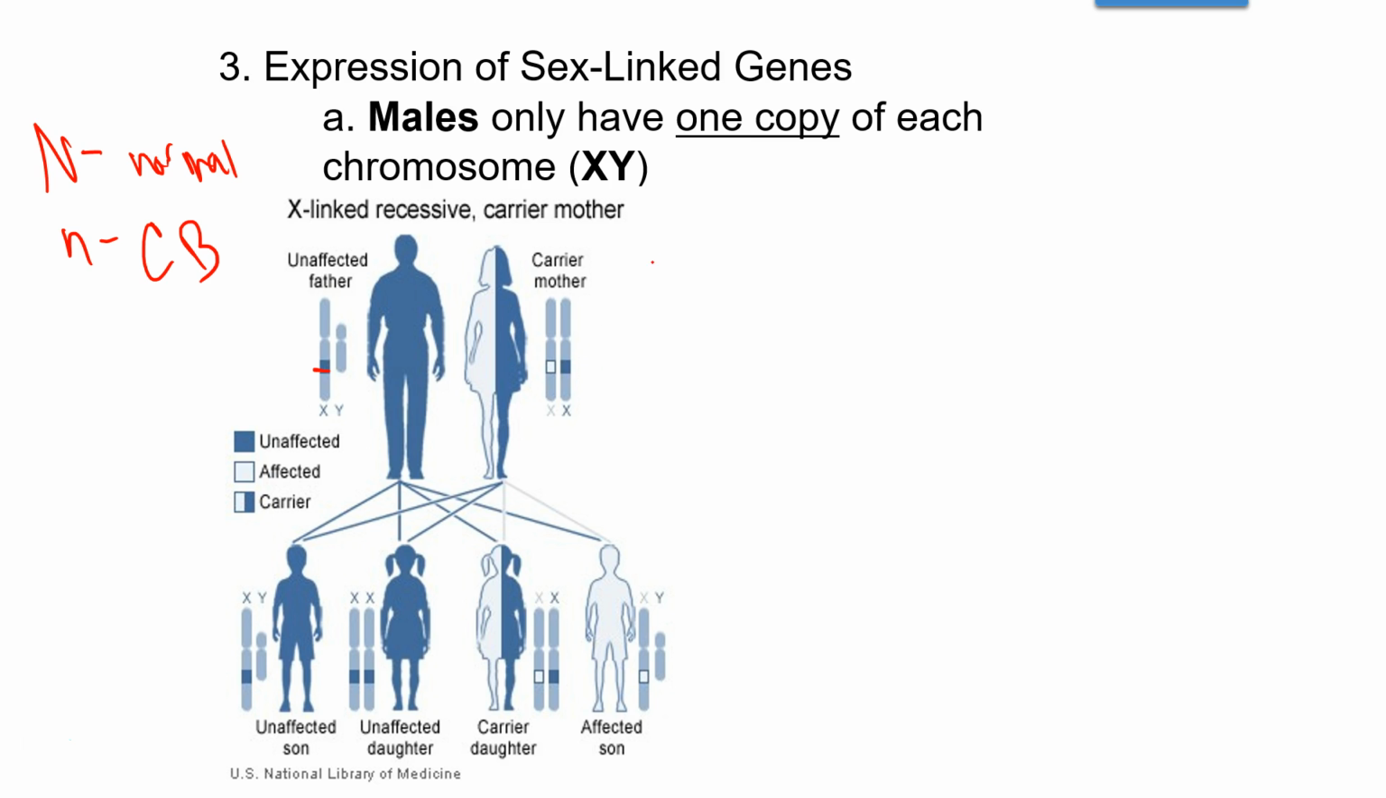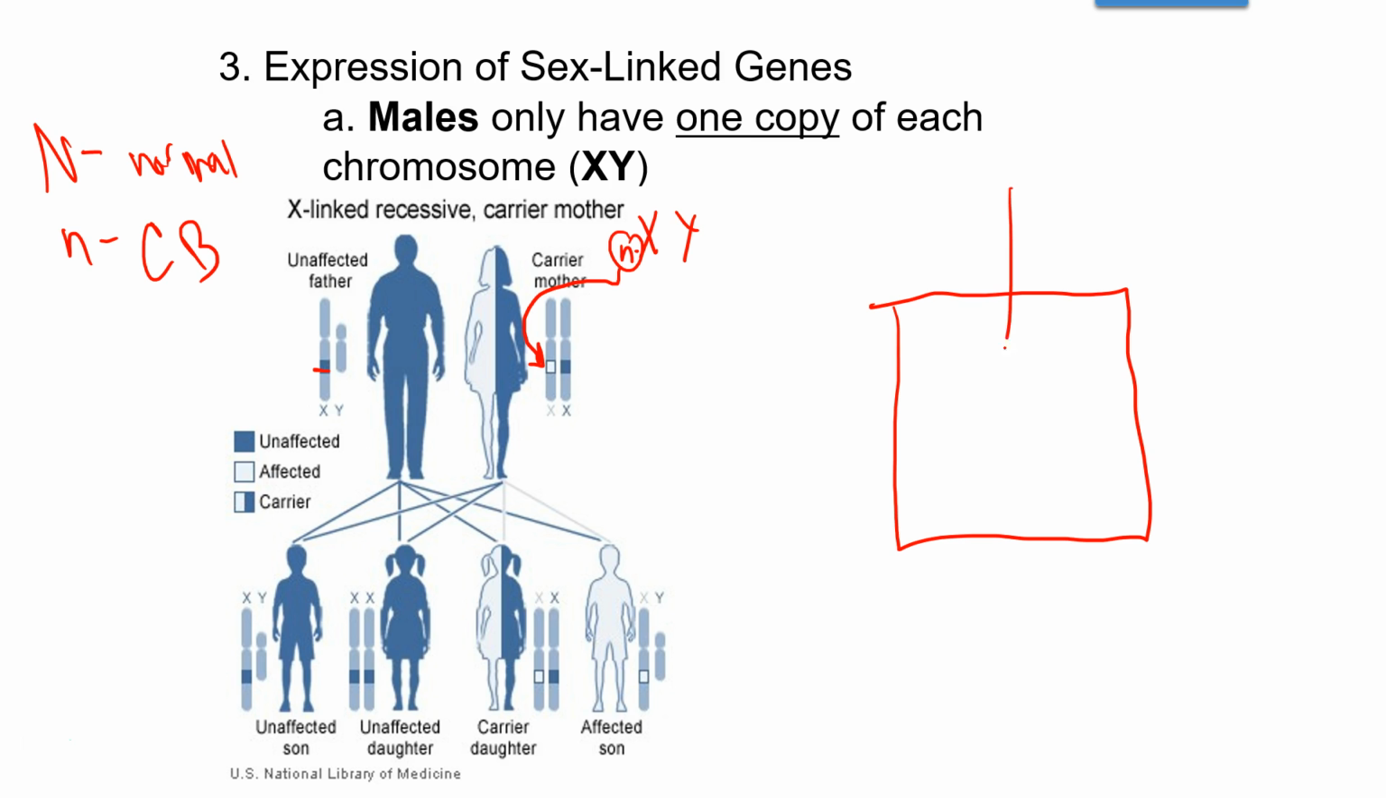My mom's dad, my grandpa Joe, had an X and a Y, and his X had the little n on it. He gave that to my mom right there. My mom got the broken X from my grandpa Joe. He was colorblind. Okay? So the way that we draw these Punnett squares is that we first establish